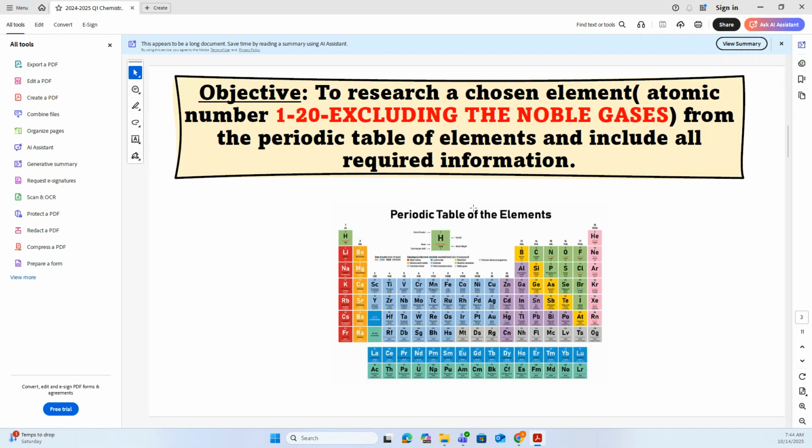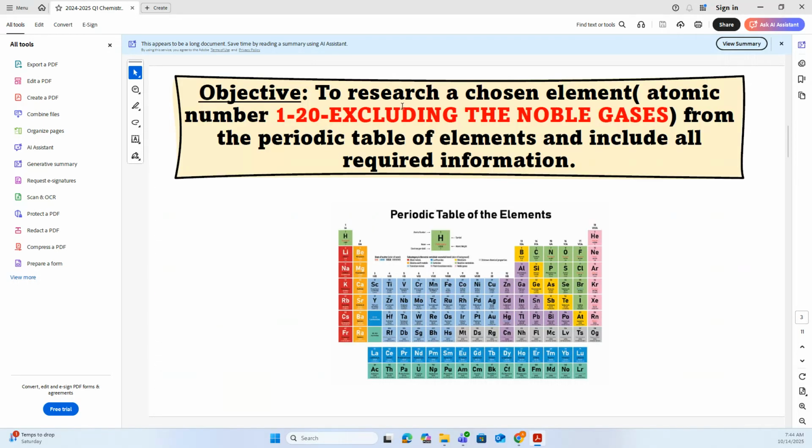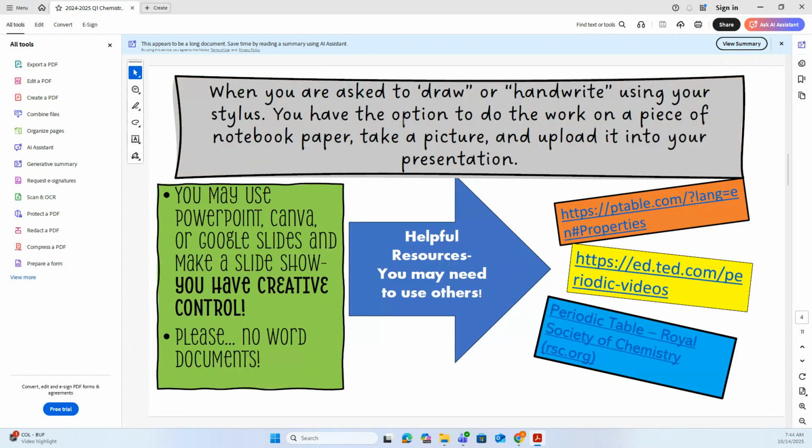So essentially what you are doing is you are choosing one element between atomic number 1 and 20 right here. And you are doing research on this using the information you've learned over the past quarter. So first thing you're going to do is choose an element. Okay, so if I wanted to choose fluorine, I'm going to choose fluorine. Then I'm going to research all the information on my upcoming slides